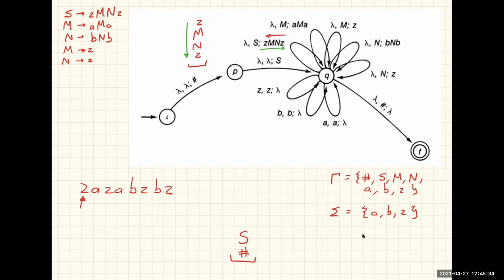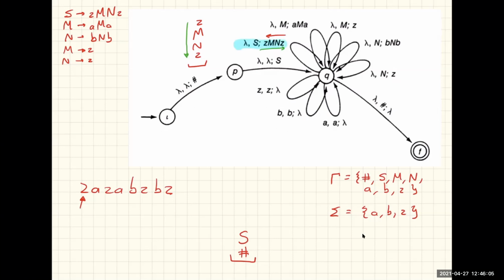Okay, so now we are here. We are on Q, and we have several options. When we are at Q, we can, for example, change this Z onto... no, we cannot do anything, I think. Not yet, no. The only thing we can do here is try to convert this S into Z, M, and Z. This is the only thing we can do